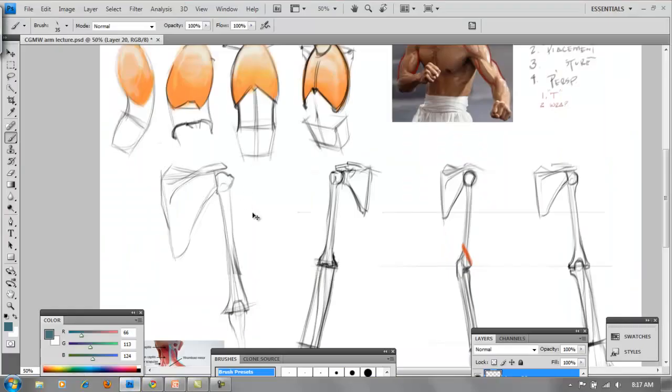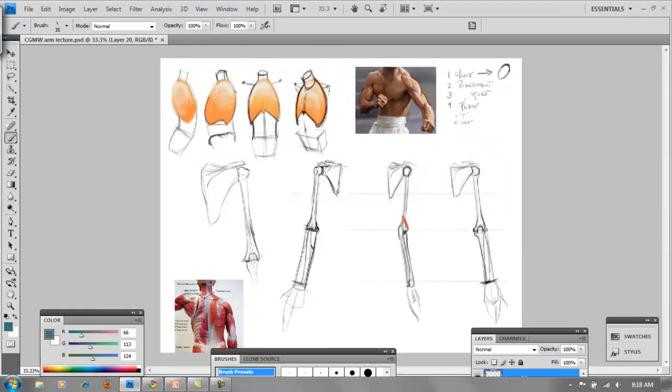So I've taken the liberty here of laying in some stuff. What you have are just some views that we'll do. This is front, side, and back, just a turnaround of the arm. Again, it's one of the best things, I think, for creating this diagrammatic quality that you can then later start to develop into some